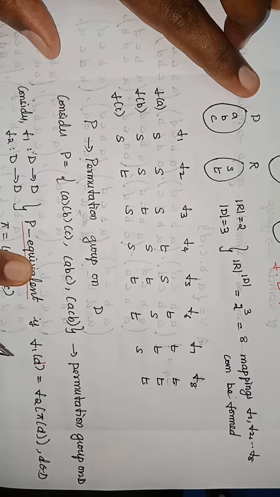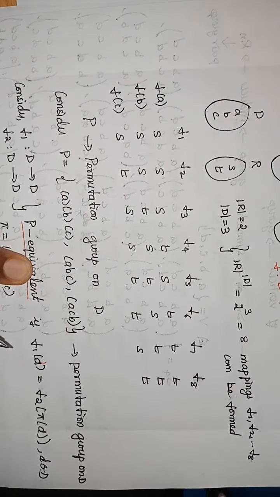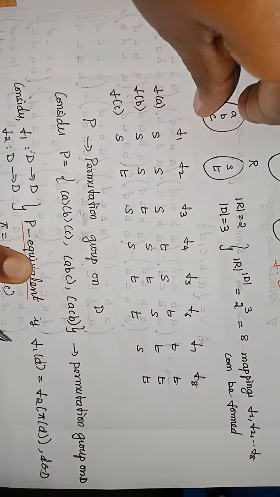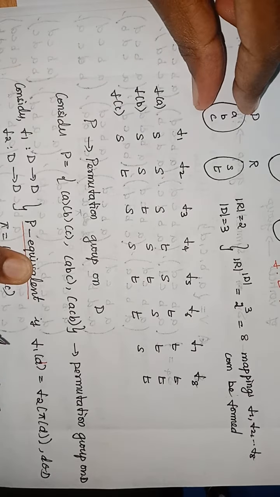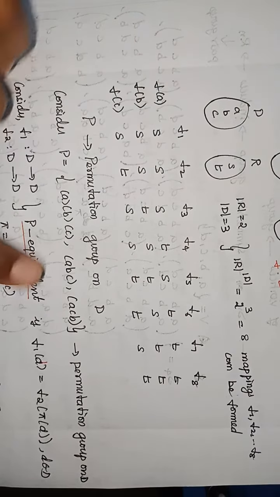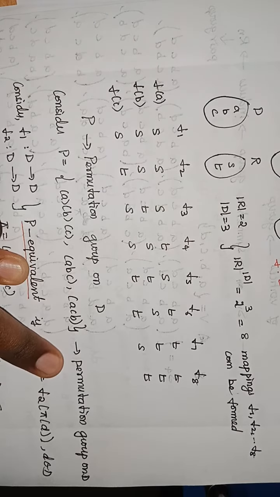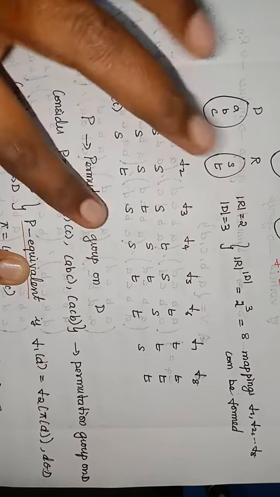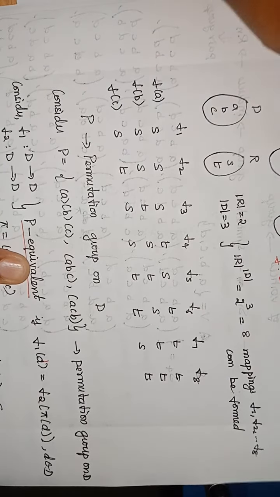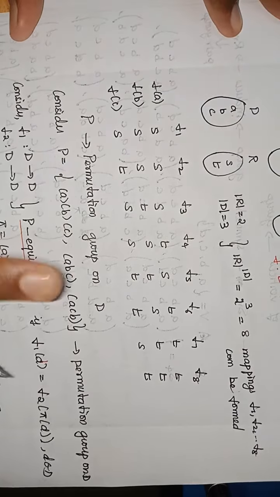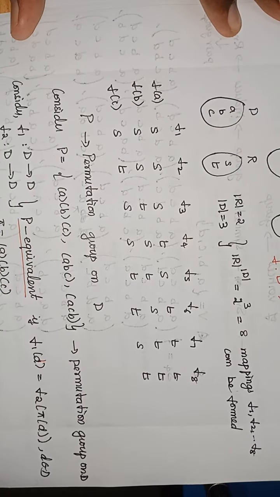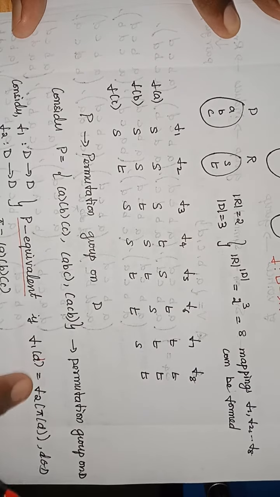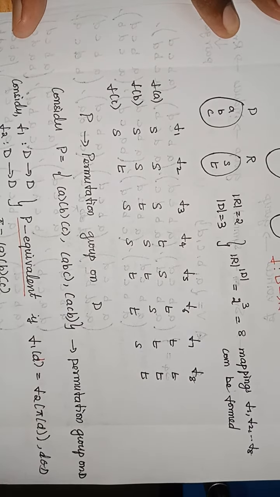P equivalent. Please listen. This is a function and a permutation formed with the domain element, and that permutation satisfies the condition of groups. Now I am taking any two possible functions between D to R, and those two are said to be P equivalent if f1 of d for any element d equals f2 of pi of d.